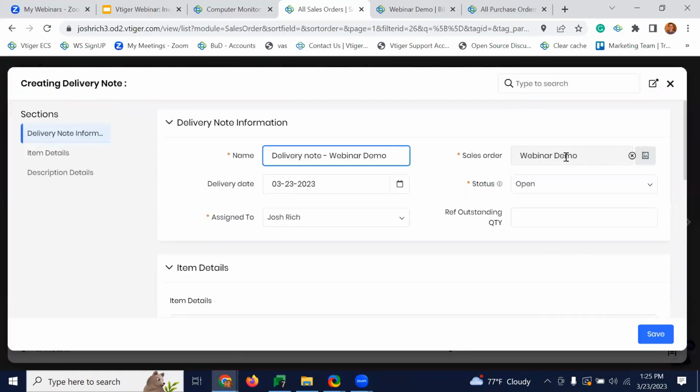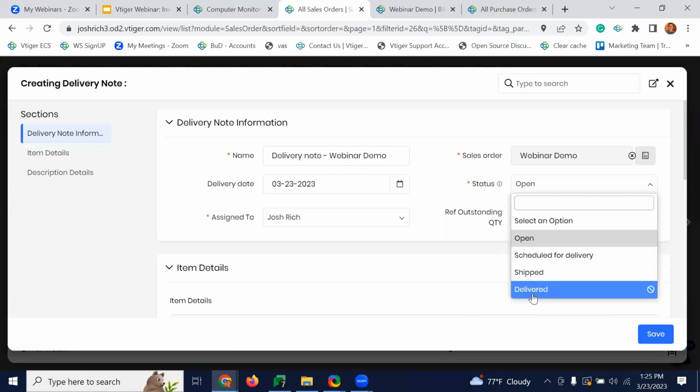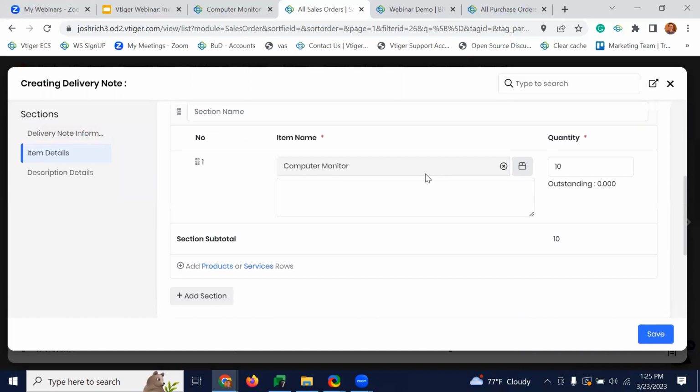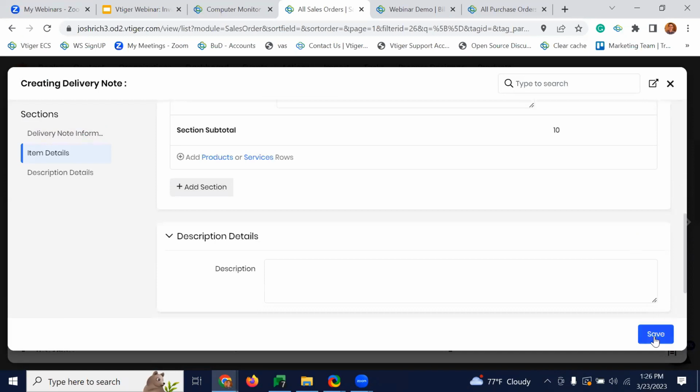And again, all of our relationships are pulled in. We'll set the delivery date as today. We're going to have the status of delivered. So sometimes you might set it as shipped when you send it off, and then once you get confirmation that it's been delivered, you would mark it as delivered. But we're just going to mark it right as delivered. And when we scroll down, we can see that we are delivering 10 of our computer monitors. So once we click save here,